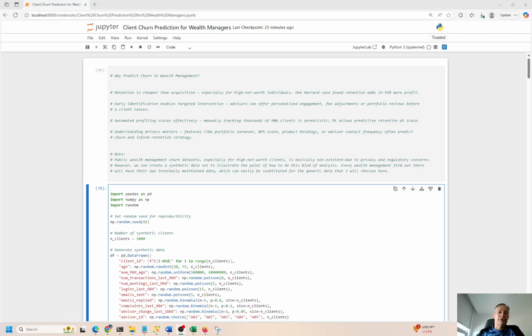Just for full disclosure here, a quick preface: there's really no public data sets about wealth management because this is very secure information. It's very personal. You're not going to release the names and the incomes and the investment activities of your personal clients. That makes no sense whatsoever, right? So you're not going to find this data in the public domain. We have to create this to illustrate the point of how to manage this whole process.